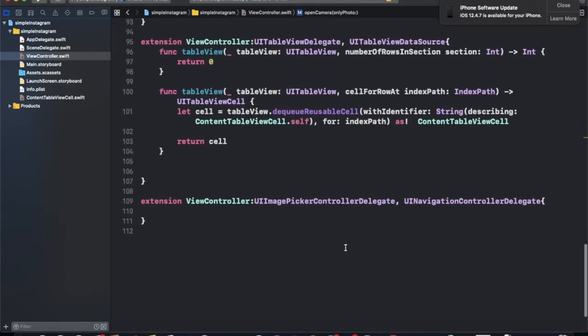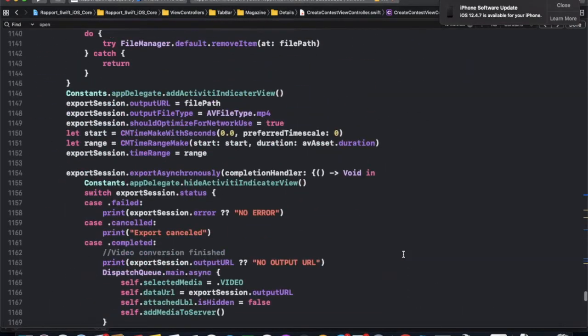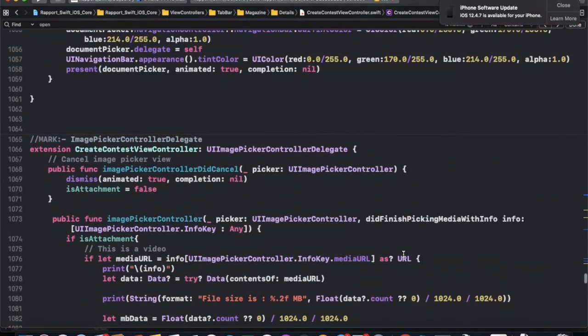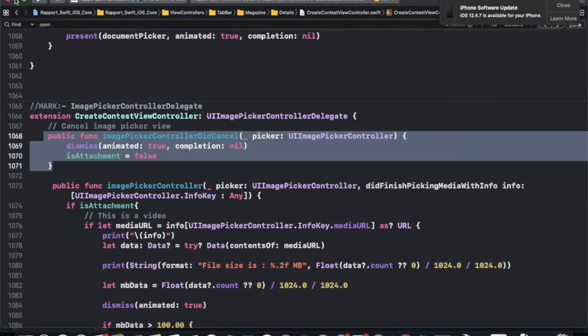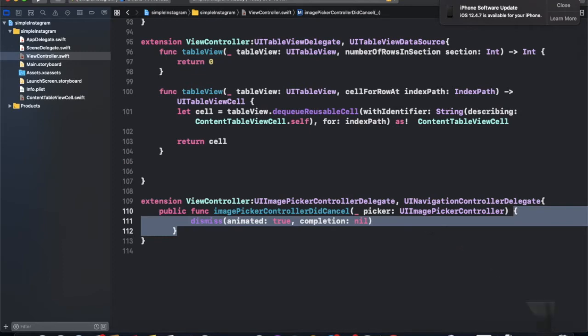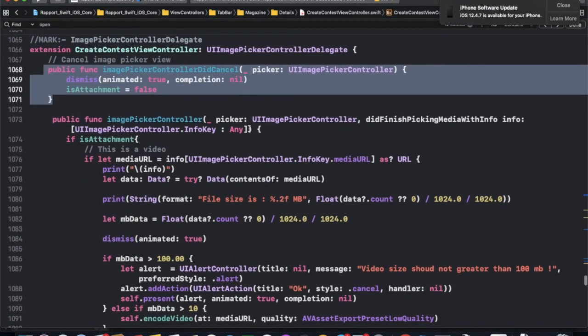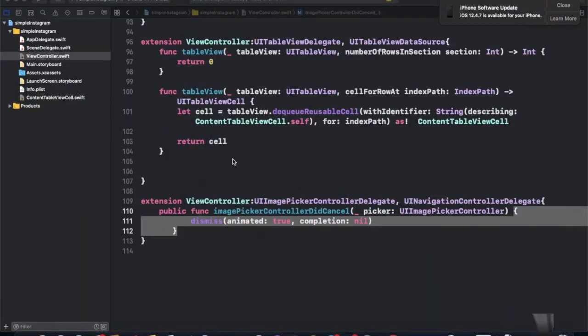Now when we select these things, we need delegate functions to be called. So we just use the delegate functions from here. First it will be the error function. If there is an error, then it will dismiss the controller and tell you it was cancelled, like if you press the cancel button. Secondly, if you pick an image, then it's the image picker delegate. So we just copy it too.